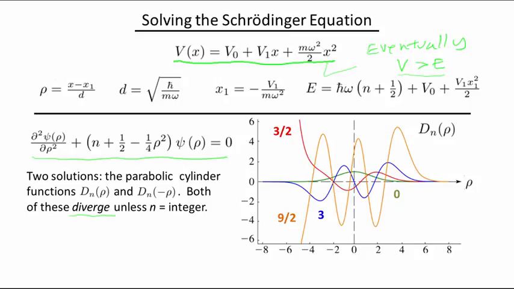But then there are special cases, and these are exactly the eigenvalues of the harmonic oscillator here. You can see this is a harmonic oscillator looking equation. When n is an integer, you get bound eigenstates. So this just shows the characteristics of this so-called parabolic cylinder function,